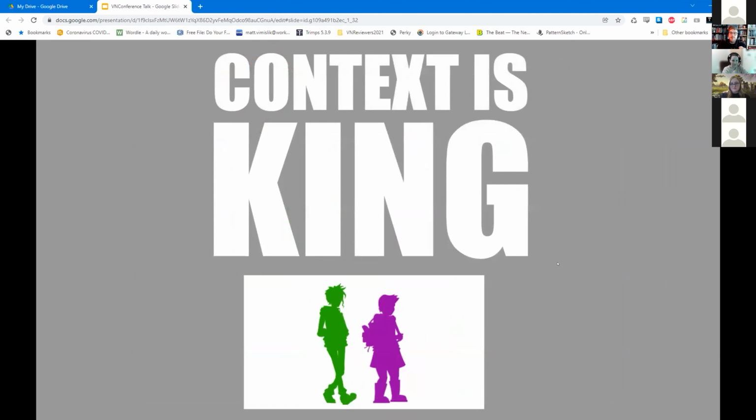Context is king, and you're almost never showing characters in front of a void without context like I am. So keep in mind how color choice, backgrounds, and mixing and matching these staging and framing decisions will work in your scenes. So for example, let's combine these techniques to visually show a conversation between two characters.